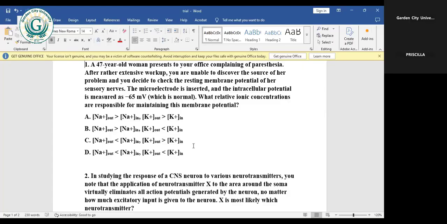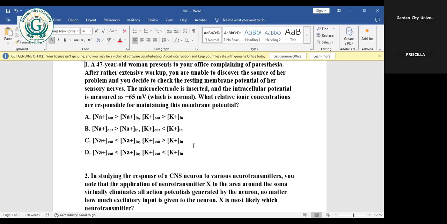The microelectrode is inserted and the intracellular potential is measured as negative 65 millivolts, which is normal. What relative ionic concentration is responsible for maintaining